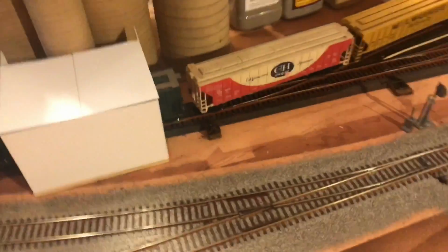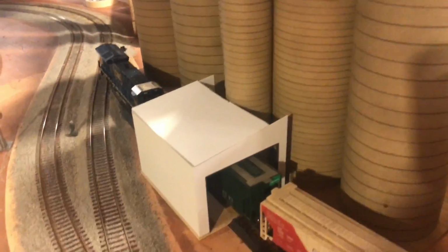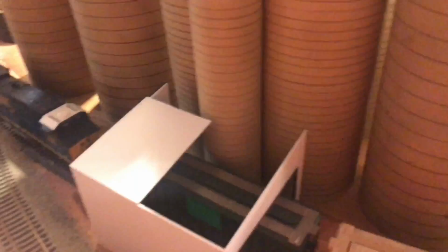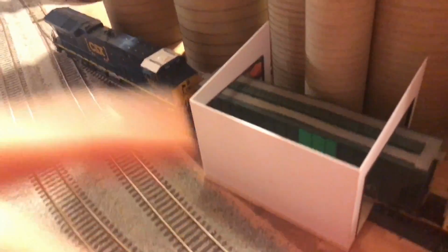Moving on over here, I was finally able to get this engine shed built. I don't know how long I've been talking about that. The roof is not supposed to be there. That is just not supposed to do that. Anyway,